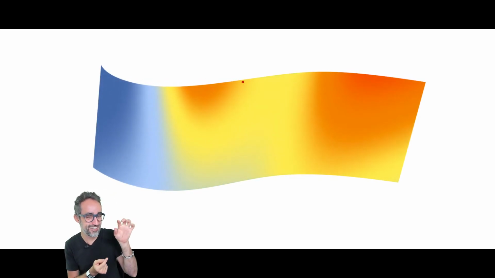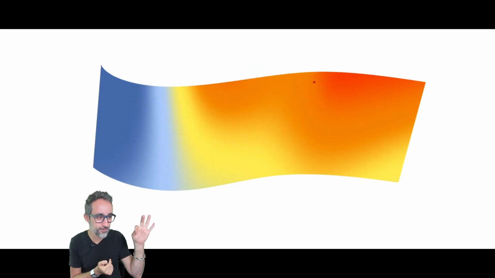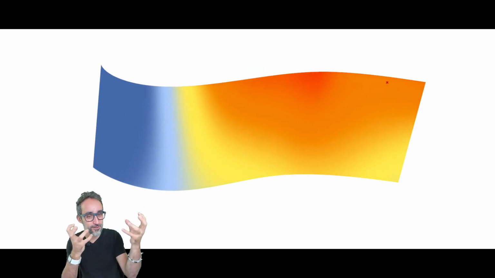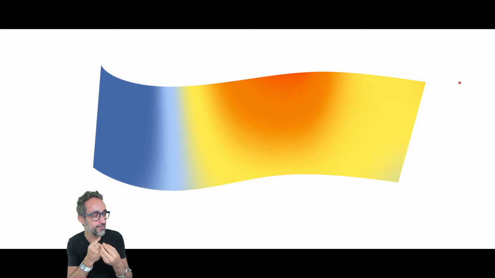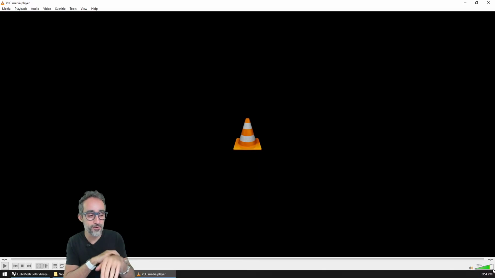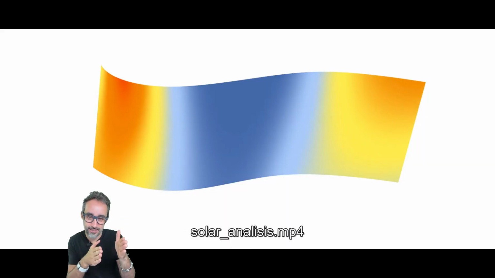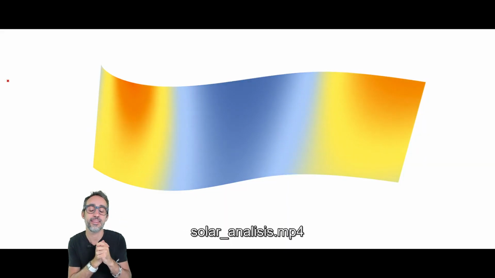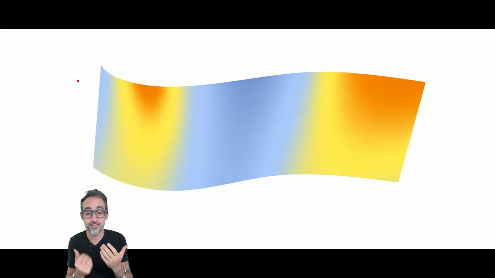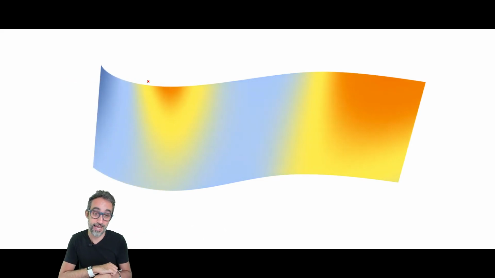How nice is that, huh? The super smooth movement of the point, and then how the colors of the analysis are blending together, right? The warmer areas are where the sun is hitting more frontally, and the cooler areas are where it's more at an angle.